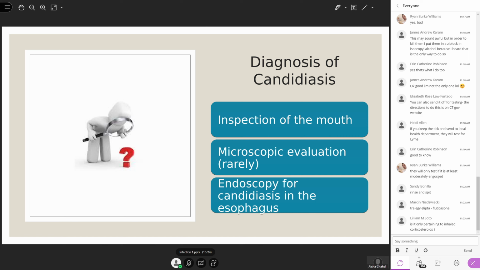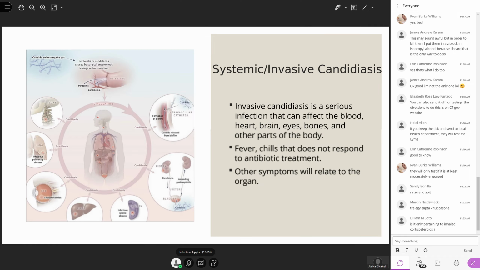So, diagnosis of candidiasis. Basically, when you look at it, you will know this is thrush. It's that simple. It's going to cause white patches there. Rarely, microscopic evaluation or endoscopy for esophageal candidiasis can be done as well. Systemic invasive candidiasis: as I said, thrush is easy to treat. Nystatin can be given, some oral antifungal can be given, but if it invades your circulatory system,